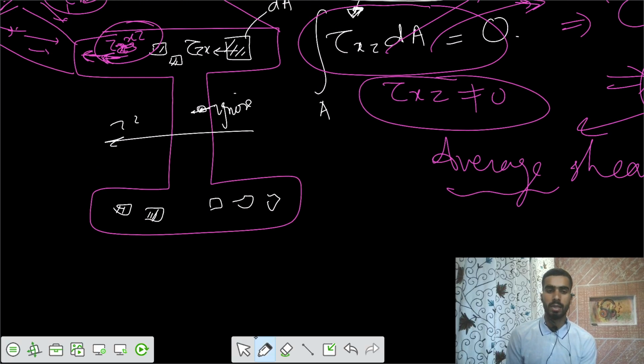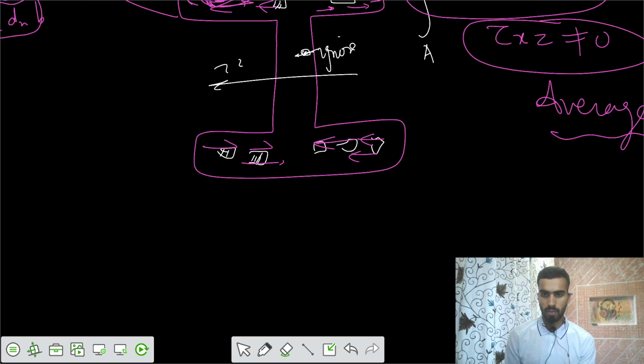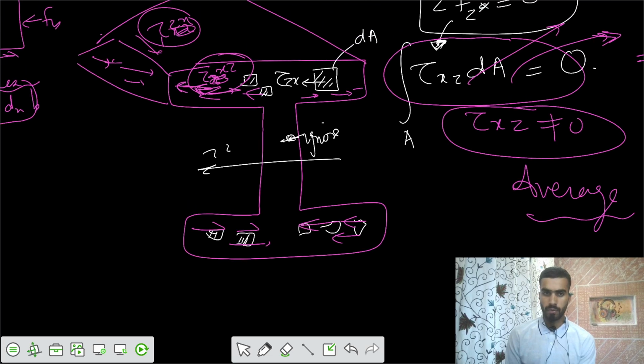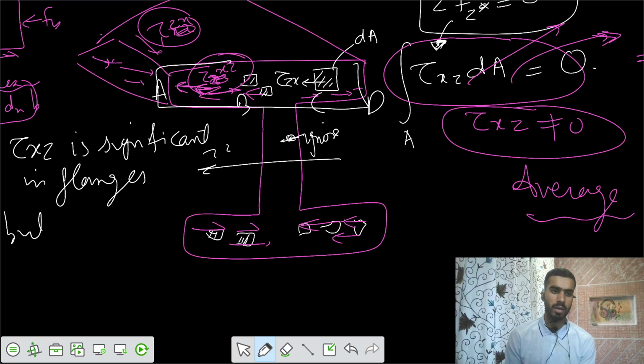That means if there was some shear stress in this direction, in the opposite there would be some shear stress also. Similarly, from the top, if there was some shear stress in this direction, there would be some shear stress in the opposite direction. Okay. Now, if you say that this is some element A, B, C, D, I would say your tau xz is significant in the flanges, we can say. Significant in flanges, but negligible in